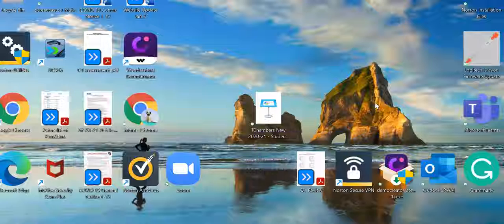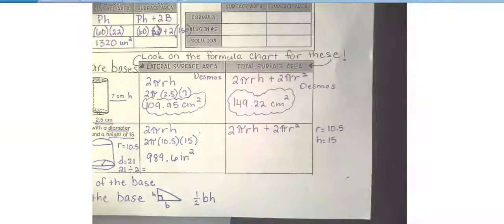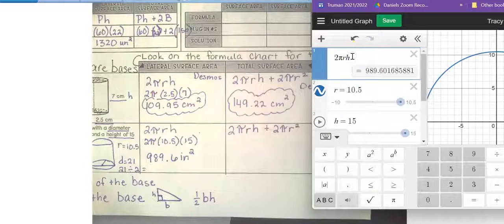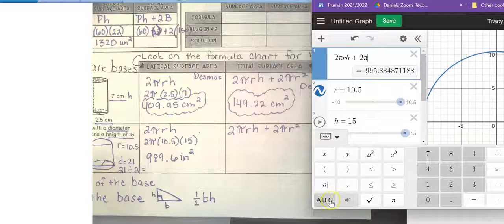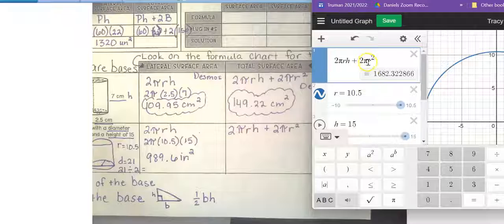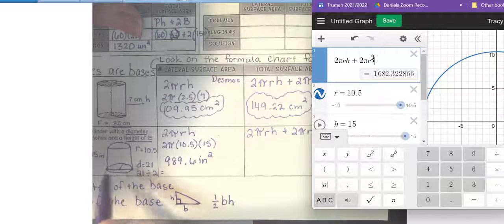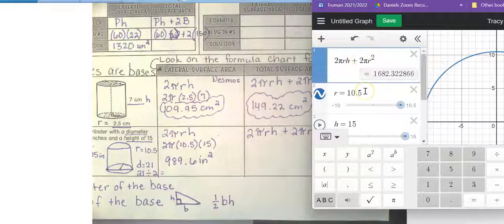So I'm going to go in Desmos. I already have part of my formula in there. I've got my lateral surface area formula, but now I'm going to put the rest of it. So plus 2 pi r squared. What I'm doing right here, this pi r squared, that is the area of the circular base. I'm multiplying it by 2 because there are 2 bases. I still have 10.5 for my radius, and I still have 15 for my height, and now my calculations are